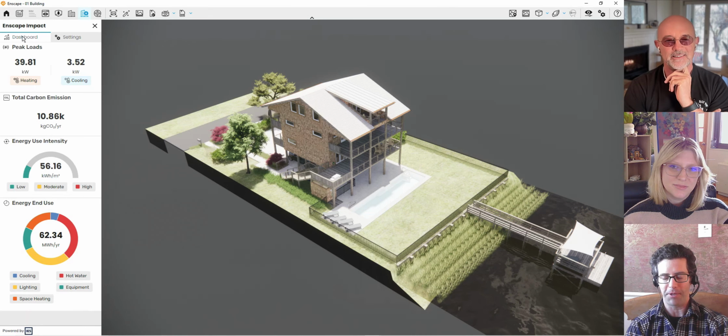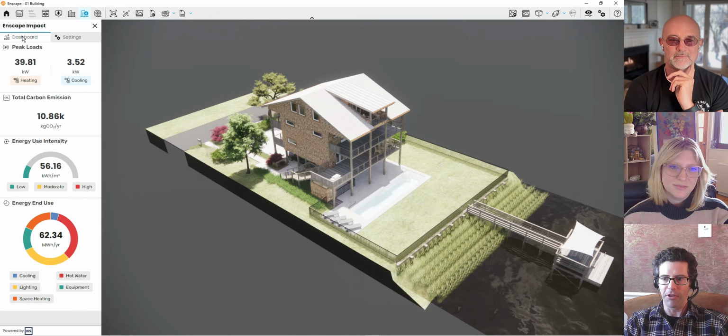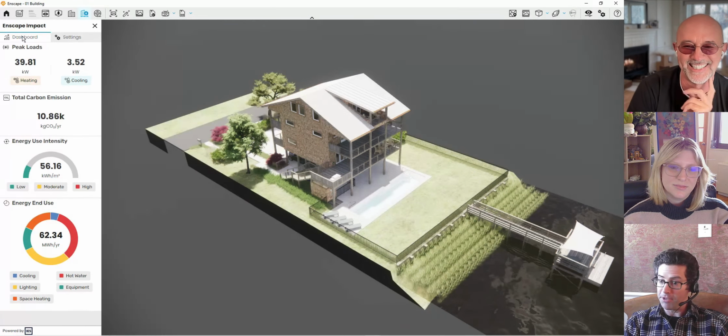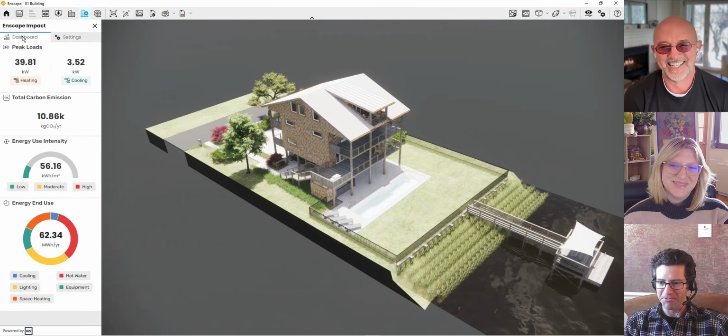It is a tool that's based off of assumptions, like any tool. And when you start to get to more unusual geometry, particularly building designs with a nice blending of bringing the outside in, where you maybe have a lot of exterior spaces that aren't fully enclosed but are under a roof, the tool's going to start to get very confused. I found that out, because now you're trying to condition a porch. And as you can imagine, heating a porch over the winter is going to be very expensive.